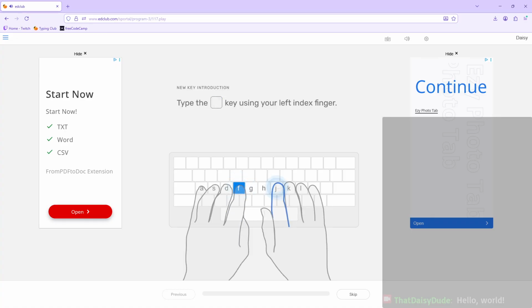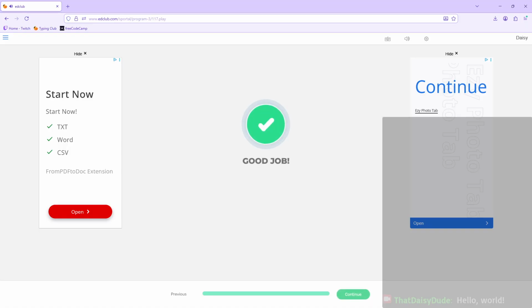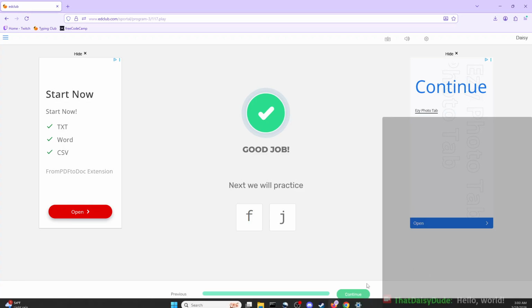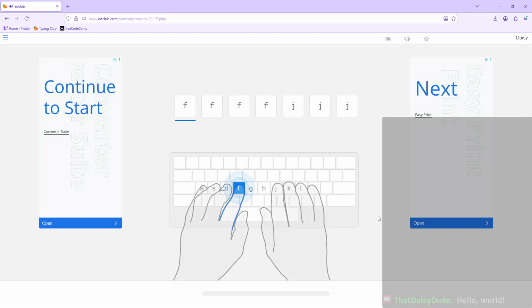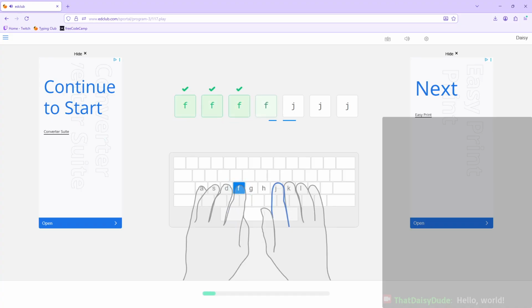Some good words per minute. I think this place is paid for by ads though, so there's going to be some ads, but that's fine. I can't spend a ton of time on this though because I got to go to bed soon. So I should do a little bit of coding after this, but first: F F F F J J J